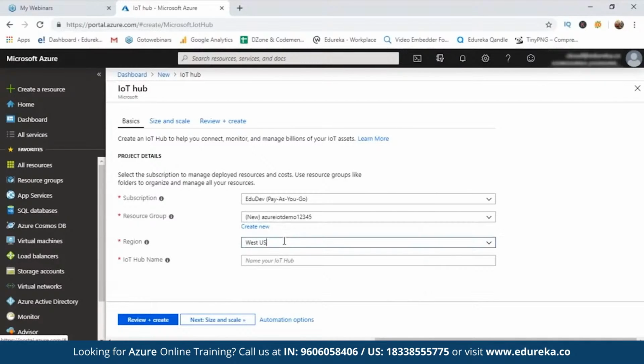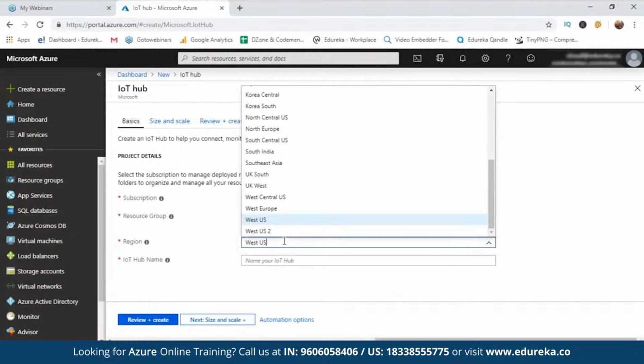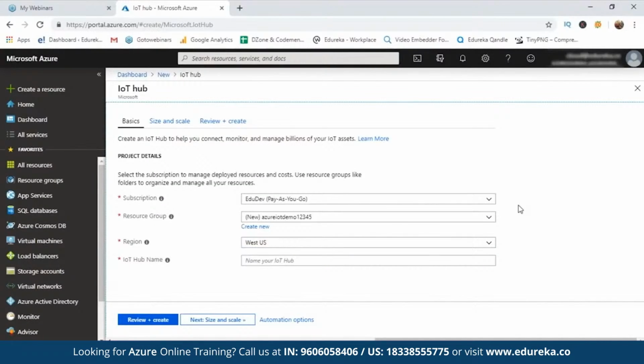Let's just say okay. You can choose the location where you want to create this IoT hub. Azure has its data centers in different parts of the world, so you can choose the data center that is close to you, or close to your business. Accordingly, you can take a call on which region you want your data to be based in. There are certain services for which all regions are not available, so you would want to visit those particular services and decide accordingly. In this case, I'm going to stick to West US. It's a simple application, so I do not want to put in too much effort or time into it. Let's just name our application as in my first